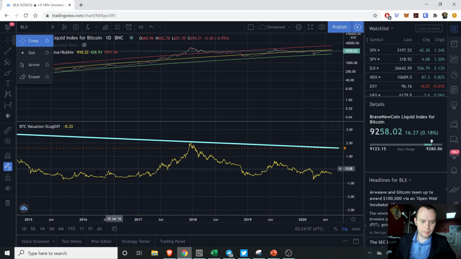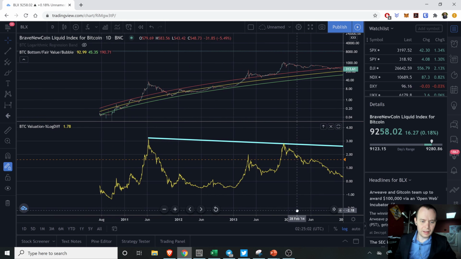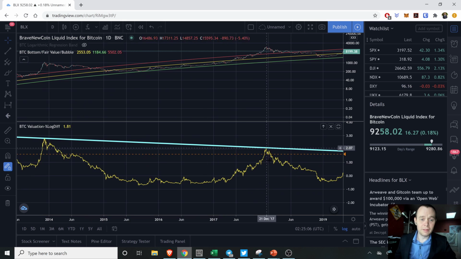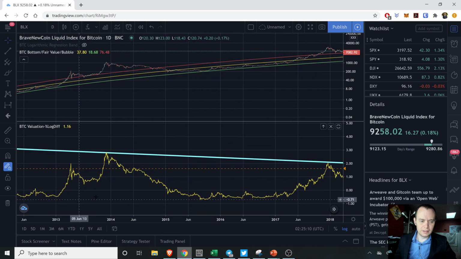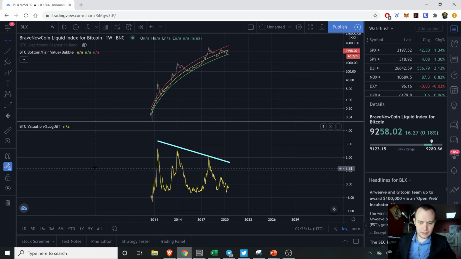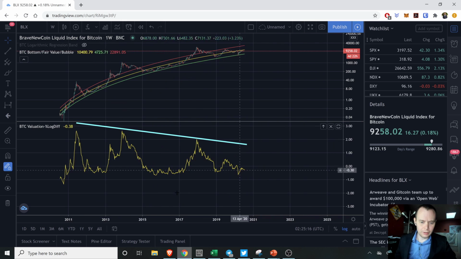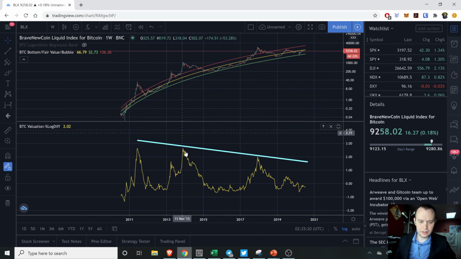So we know, right, we already know that you can see that it's fit to the top of this peak, to the top of this peak, and to the top of this peak. Now the issue is it's hard to view all this data when you're looking at the daily time frame. So let's go ahead and switch back to the weekly time frame. Now here, you already know that this looks like a good fit here. It looks like a good fit here.